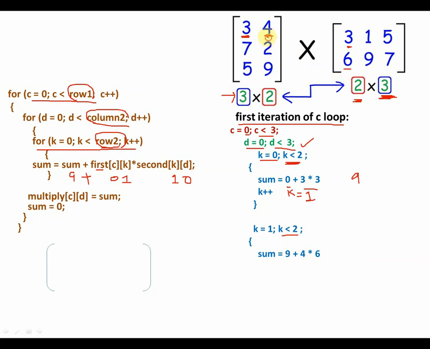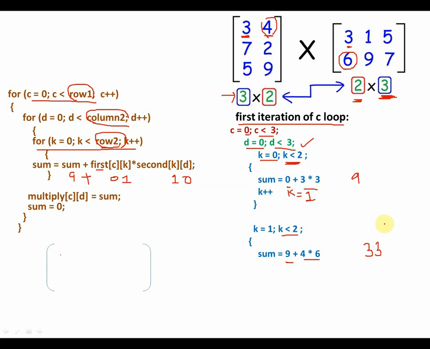So this element is multiplied with this element. I have written down over here, and it is added to the previous sum, which is 9. So it will be 24 plus 9, which will give you a total of 33. Okay, so this will be my first element. Now where should this first element come in the final? If this is the final matrix, it should come over here actually, first element.